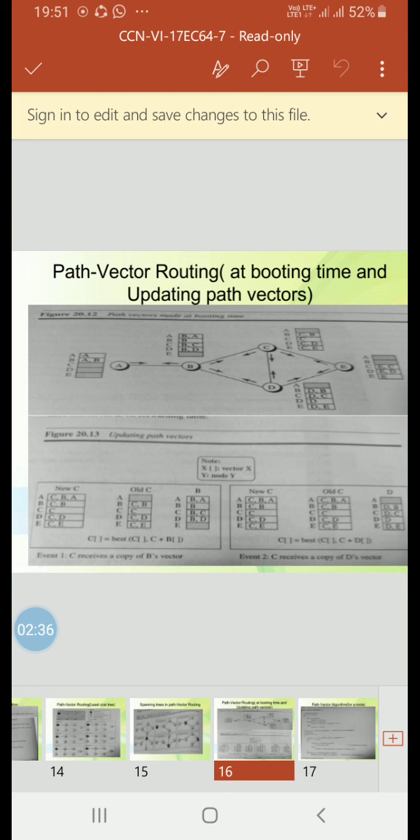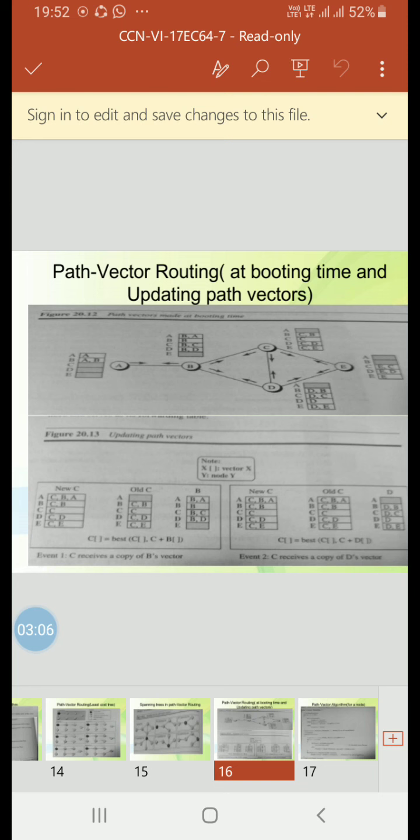Each node, after the creation of the initial path vector, sends it to all its immediate neighbors. When a node receives a path vector from a neighbor, it updates its path vector using an equation similar to Bellman-Ford, but applying its own policy instead of looking for the least cost.